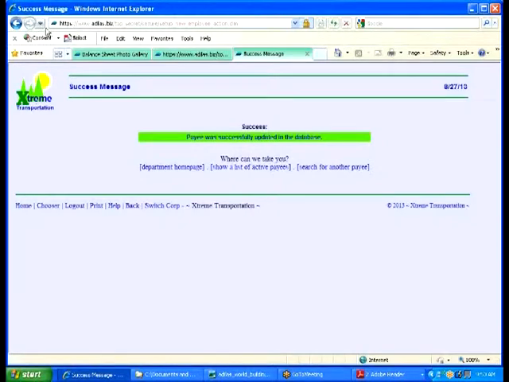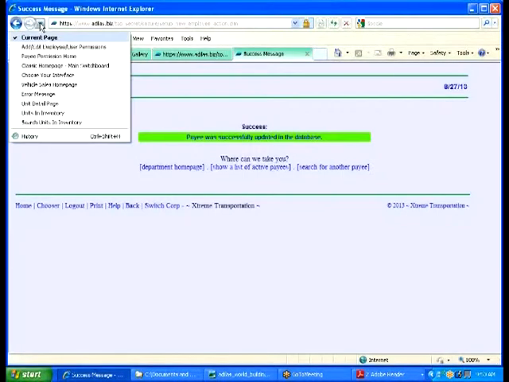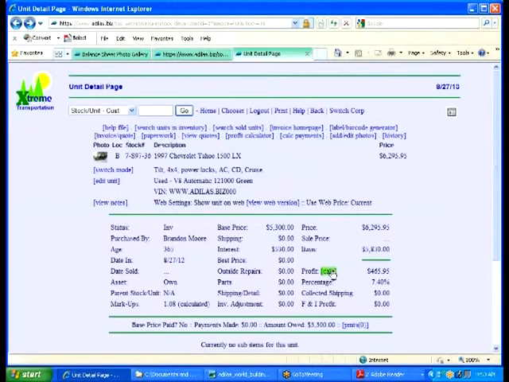On my browser, I have the option of clicking this little drop-down button. Some browsers, you just click and hold the back button. But I want to go back to the stock unit detail page. So right here. Okay, and now if I click calc, so I'm still on my Chevy Tahoe, and I click